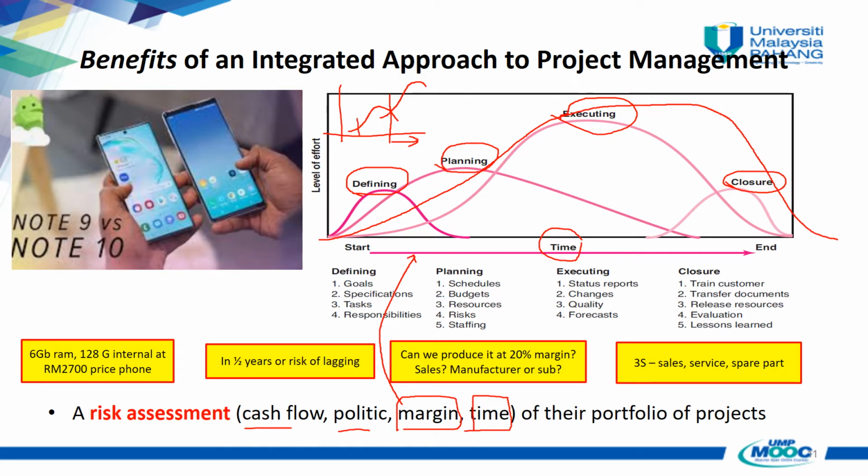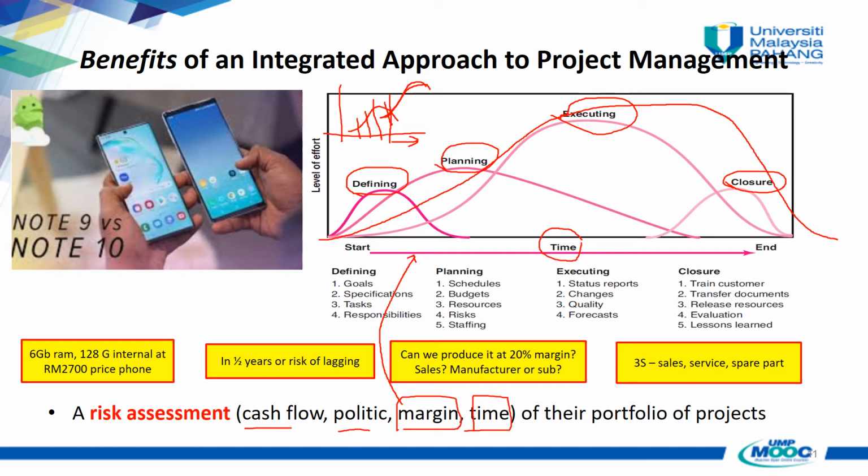It comes from the introduction, and then growth, and then mature, and then decline phase. Before the decline phase, the new Note 10 will be revealed. The new Note 10 will be produced. So during this time, what happened is the specification for the Note 10 is probably a minimum of